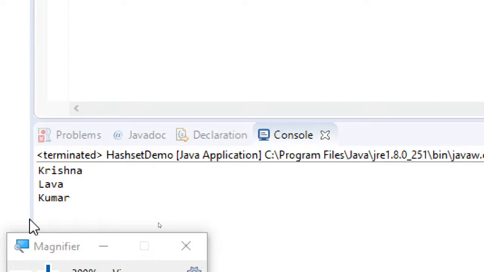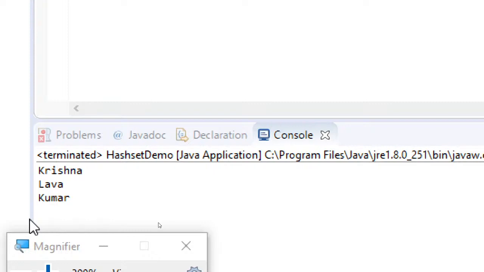So this is the point you just need to remember. HashSet will not maintain the order, whereas LinkedHashSet will maintain the insertion order. That's the point to be remembered. It is implemented from Set and inherits the HashSet class. So whatever the HashSet methods are there, you can even apply those methods with LinkedHashSet. These are the things you need to remember with regard to HashSet and LinkedHashSet.